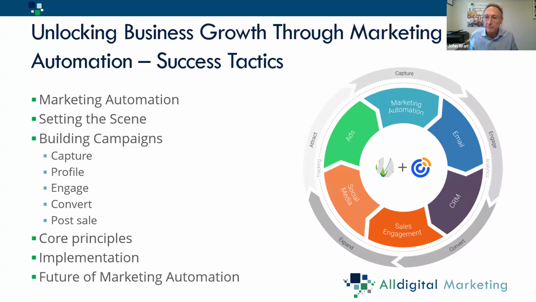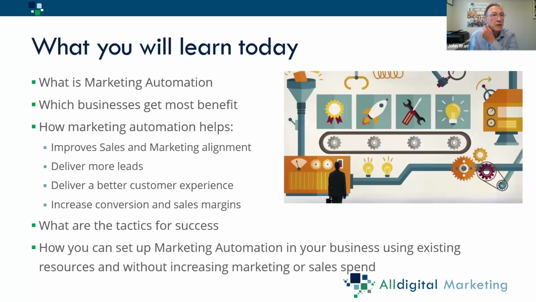and why you need to be looking at this seriously in any business in the UK. So if this session is for you, in other words, if you've ever felt like your marketing efforts are scattered, your leads are going cold too fast, or you're drowning in tools that don't talk to each other, then this session is all for you. So what we're going to learn today is what marketing automation really is, which type of businesses benefit most, how it improves lead quality and sales alignment to conversion rates, how to implement it using your existing team and tools without blowing your budget, and what's coming next, especially around AI and privacy.